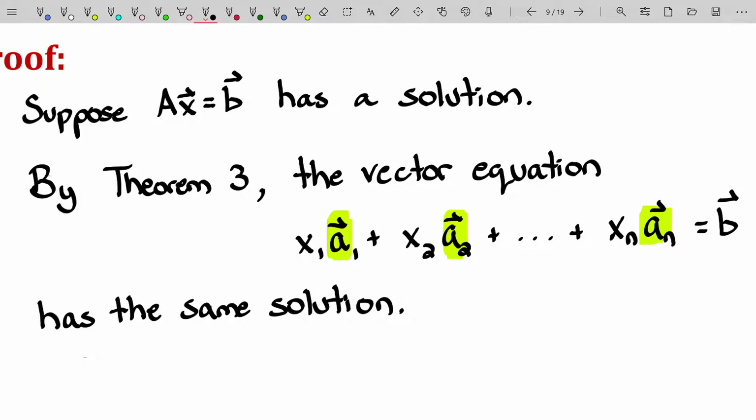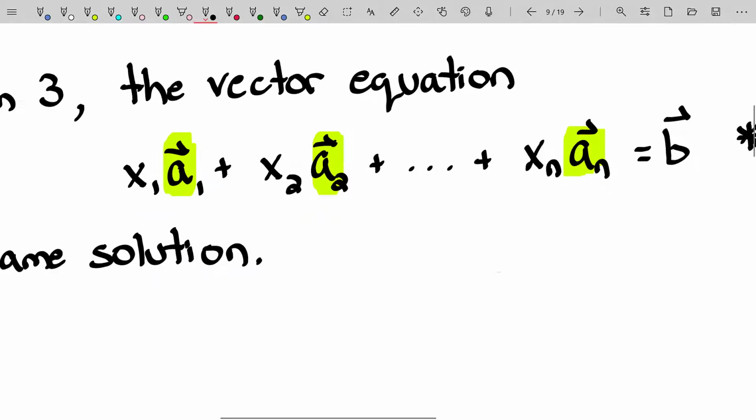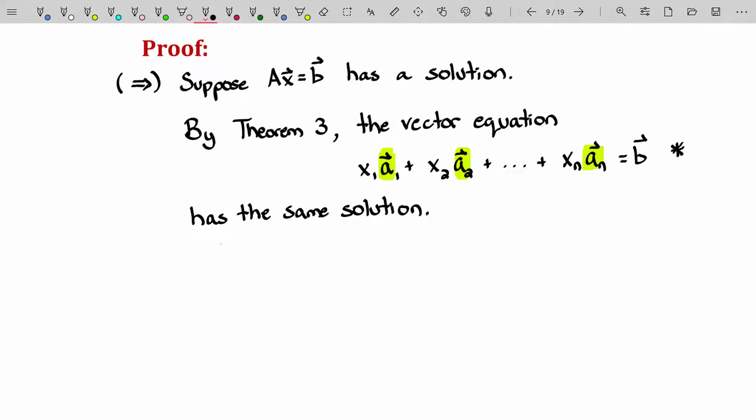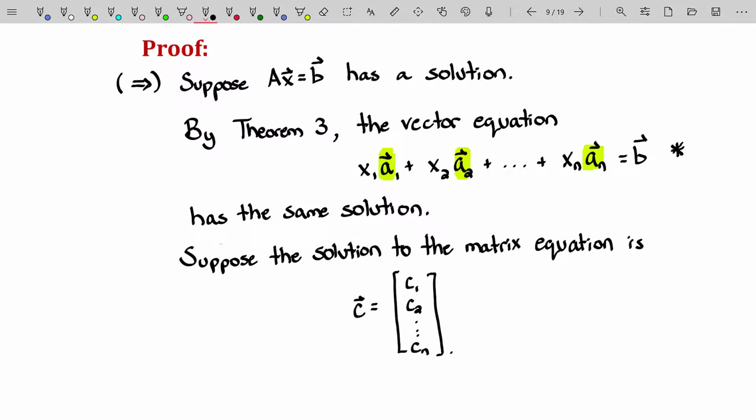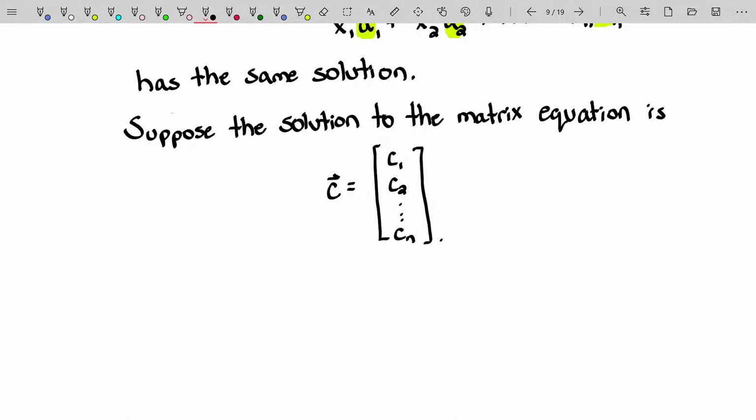We're just saying whatever that variable is, x, we know there's something we can plug in to make this equation true. And that something we plug in will have entries x1, x2, all the way to xn, that will be replaced to be some constants to make this equation true. So let's write down the sample solution here. There's our sample solution. We're supposing it's just some vector c, which has entries c1, c2 to cn,